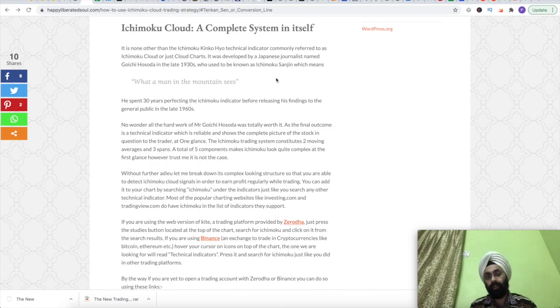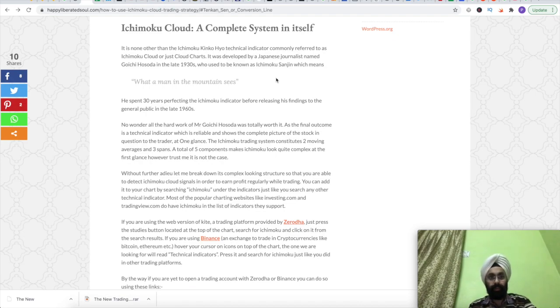So at one single glance of the Ichimoku indicator, you will be able to see a lot about the future, what could be the movement of the stock in the near future, and you will be in a position to predict what will happen 26 days from now, 1 week from now, or 2 weeks from now, and what has happened in the past. And based on the past and the future, you will be able to make successful entries, and you will get a good idea about your targets and where to keep the stop loss.